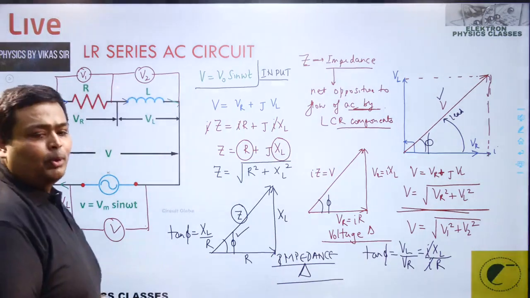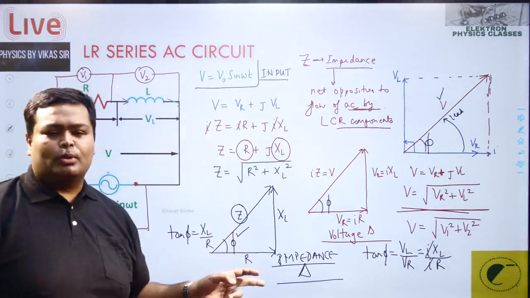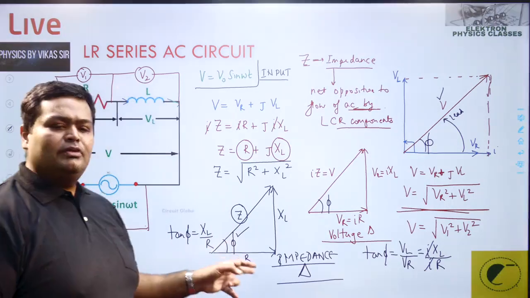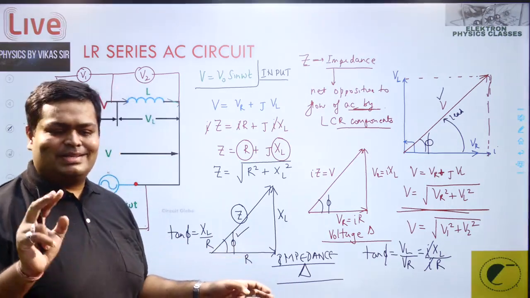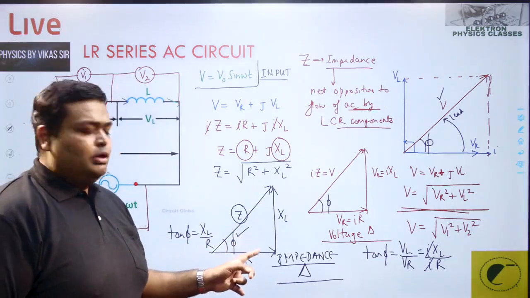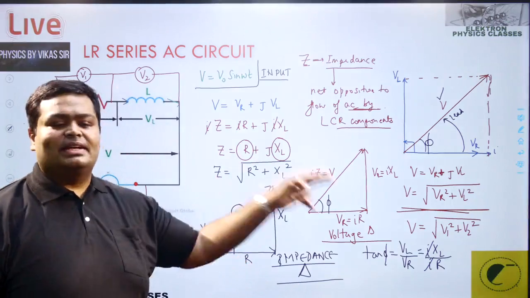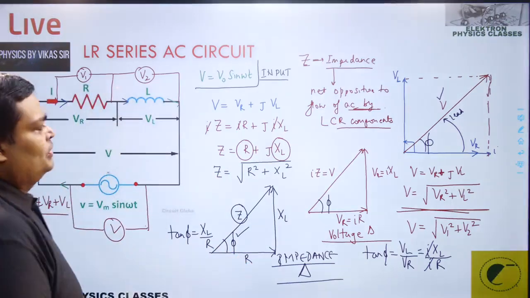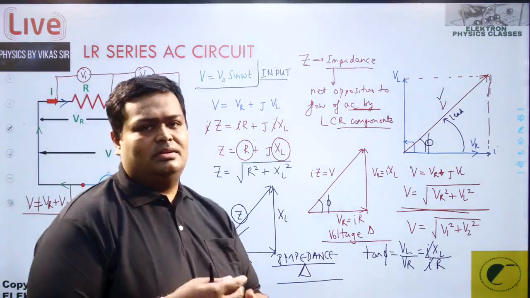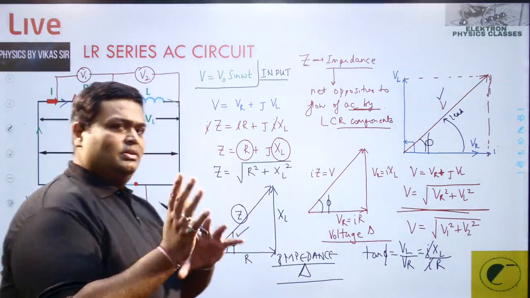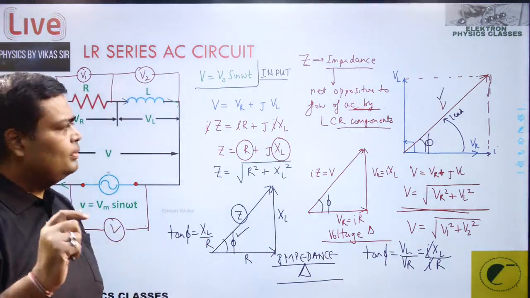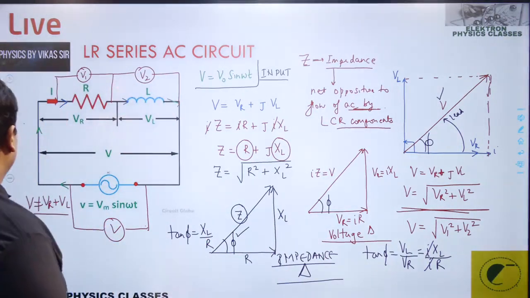Okay. So the importance of the impedance triangle is in two parts. First, it gives us the value for the net impedance, and second, it gives us the phase difference between the voltage and the current. I will be uploading this lecture completely later on, so if a little part has been skipped, you can follow that also.